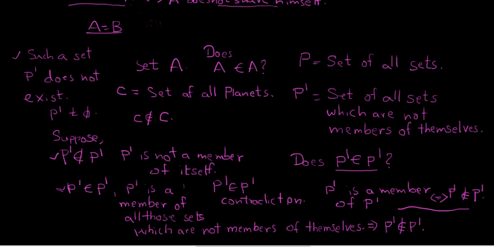So Halmos gives a perfect analogy for this. He says, suppose we have a bucket. Saying that the bucket is empty and saying that there is no bucket, these are obviously different things. So P prime is definitely not the null set, and of course that is also clear by the way P prime is defined. But one thing is that saying that such a set P prime does not exist is a hard fact to digest, because